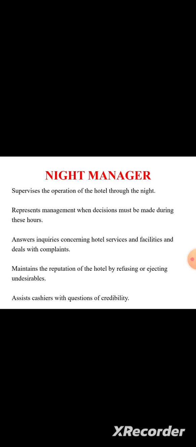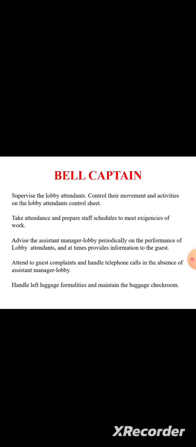Assist the cashier with questions on creditability, dispatch security to investigate a disturbance or investigate himself, receive articles and maintain the ledger of articles, stand in for the lost and found department, maintain the logbook noting any unusual occurrence, check the function sheets for accuracy, and keep a close watch on night clerks.